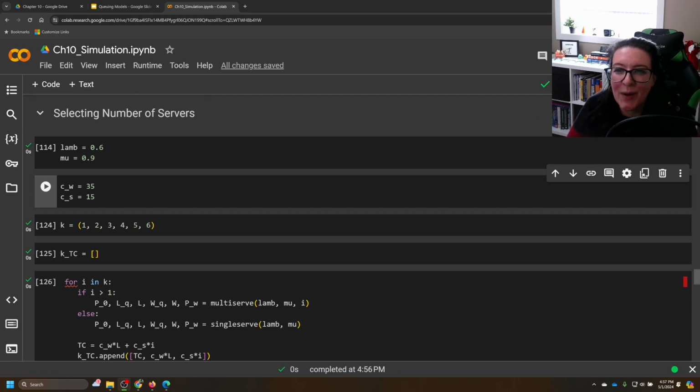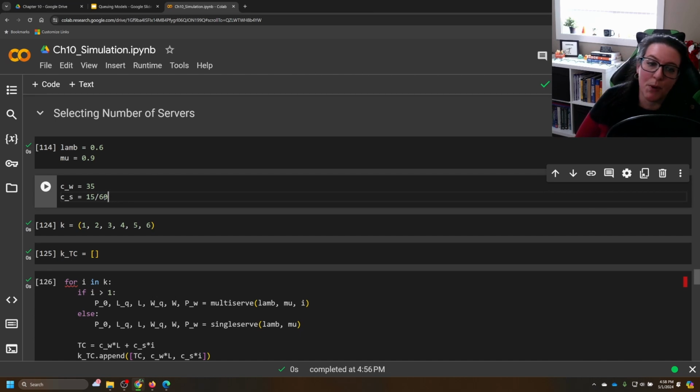But wait, we actually have an error in our code, right? Because in this, our lambda and our mu were based on per minute. And our cost per server was $15 per hour. So technically, we should be taking 15 and dividing by 60 to get the cost per minute of each server. So when we rerun it that way,